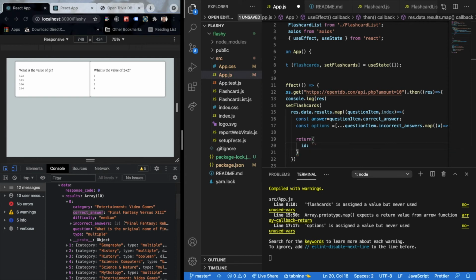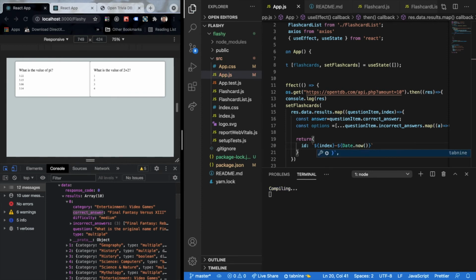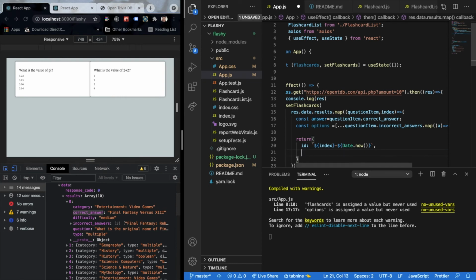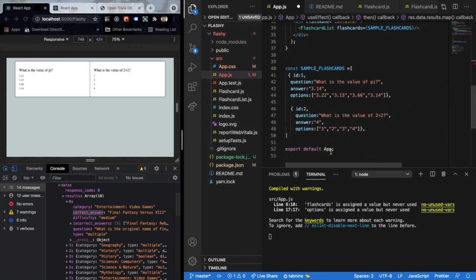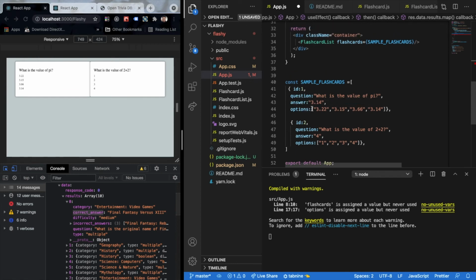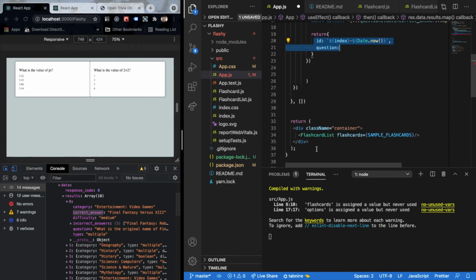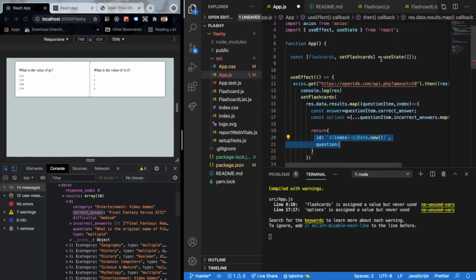We'll use the ID and we'll use our string literals to get the index. Within that index, we want to randomize it based upon the timestamp or the date that we have. So we'll use the Date dot now, and this just makes our process a whole lot easier in randomizing everything. The next thing we want to have is our question variable. Whatever I'm formatting over here is based upon the initial format that we took. So this is exactly the data that we are going to return, and using this data now we are going to iterate over the flashcards.